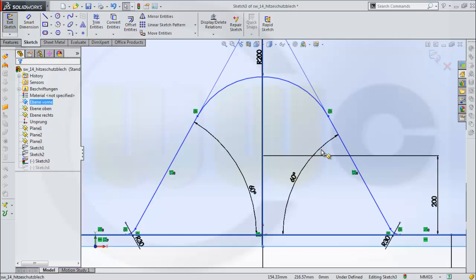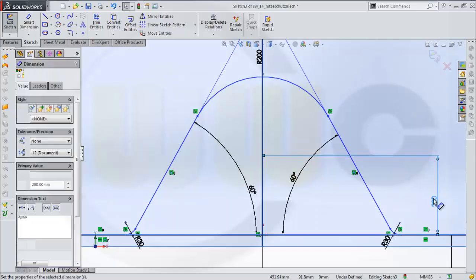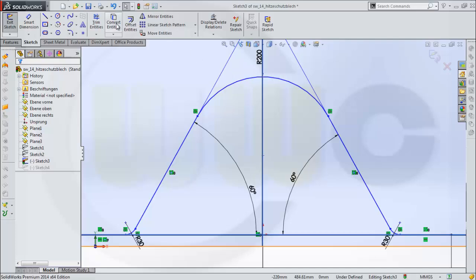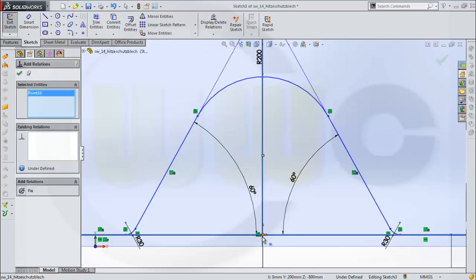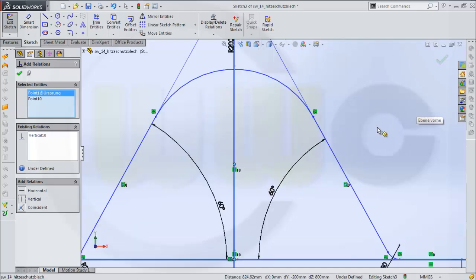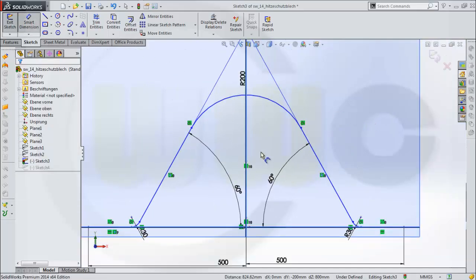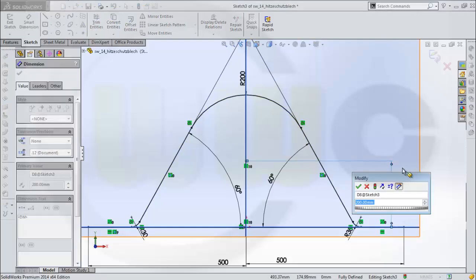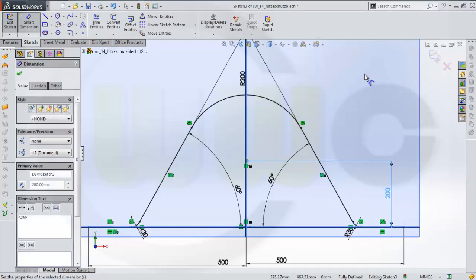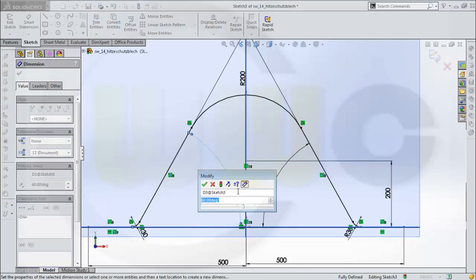Maybe I remove this one so I can go for the center point, and this point should be vertical aligned. And what's missing? Yeah, of course, I just deleted a dimension, and it's fully defined. So now change this angle to 80,